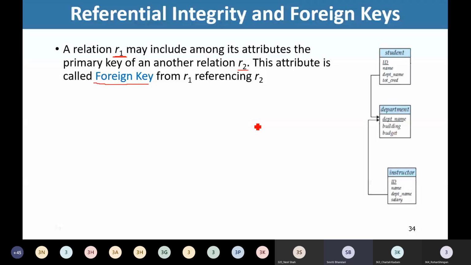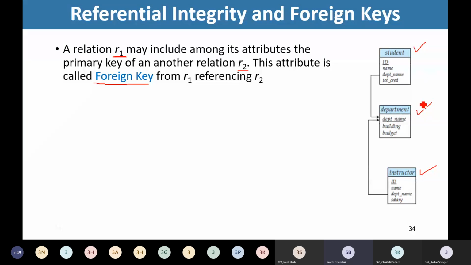What I mean by that? Let us look at this partial schema of our university database. So only 3 relations are being depicted here. And what are these 3 relations? We are having the student relation, the instructor relation, and the department relation. For this, department name is the primary key of this relation, right? Department name is the primary key of the relation, right? We have followed some rules and we have come up with this relational model.